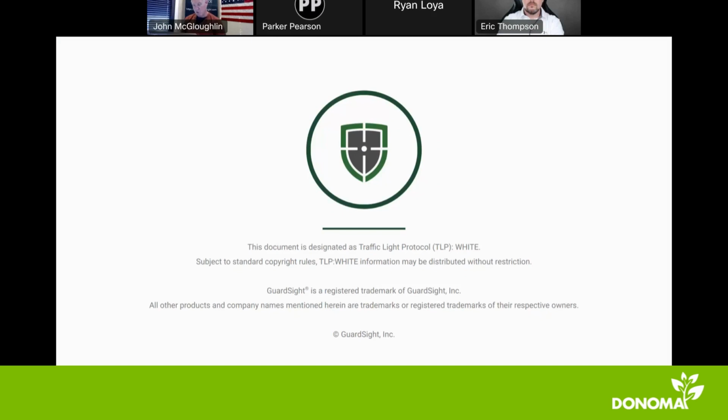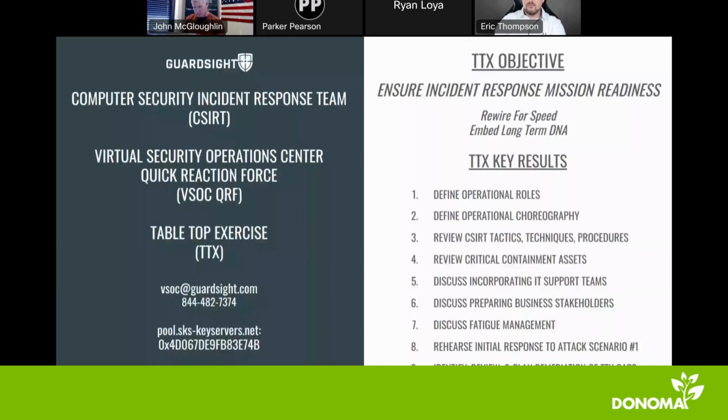This is a TLP white presentation. So for those of you that aren't familiar with TLP, that's traffic light protocol. Essentially, this is a public presentation. You can actually get this on the GuardSight GitHub, which I think we have references for later on. So if you want to go get the same exact presentation for posterity on your side, we give it away to the community. This isn't going to be a 3-hour presentation, but typically what we do is we provide these